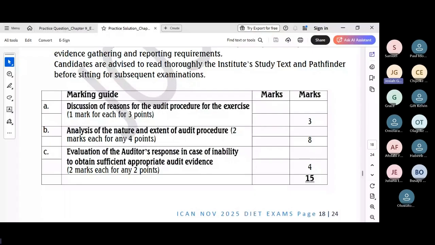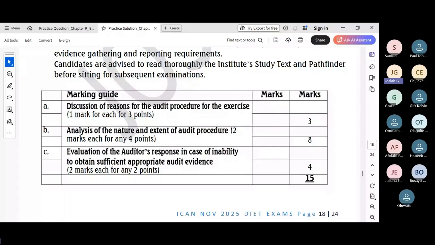Then for the issuance of the modified audit opinion, if sufficient appropriate audit evidence cannot be obtained and the required restatements are not made, then the auditor must issue a modified opinion due to a limitation on scope of the audit based on ISA 705. Speaking to if the effect is material but not pervasive, a qualified opinion should be issued. But if the effect is material and pervasive to the financial statements, especially relevant in a bank's context with systemic risks in loans and deposits, then a disclaimer of opinion is what the auditor should issue.